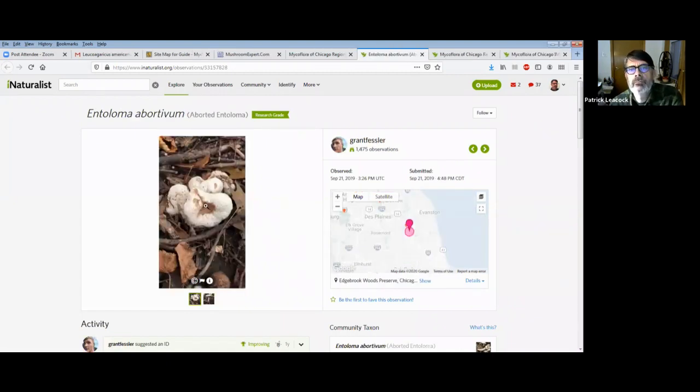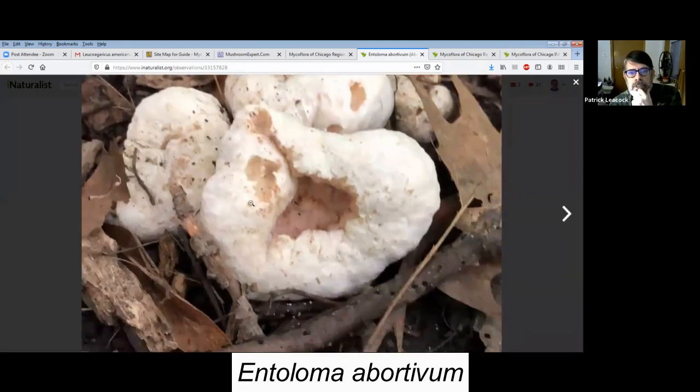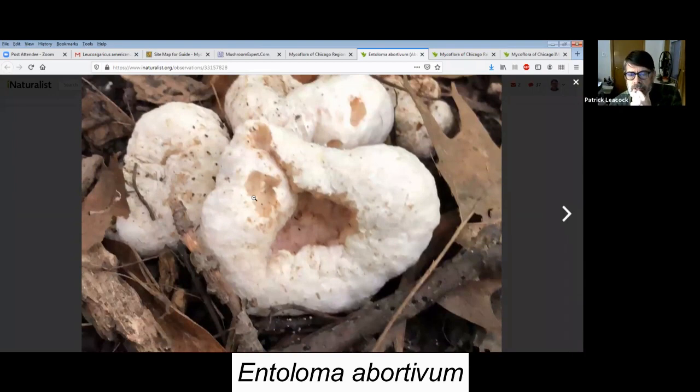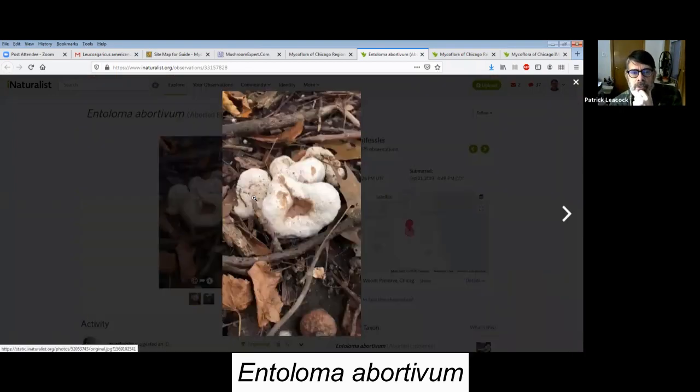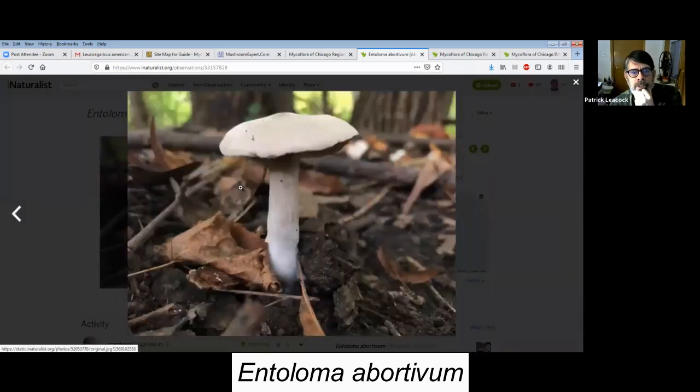Here's, Grant took this picture of Entoloma abortivum. This is the aborted stage, and Entoloma abortivum is a mushroom. This is the actual Entoloma fruit body. And Entoloma is a group mostly,